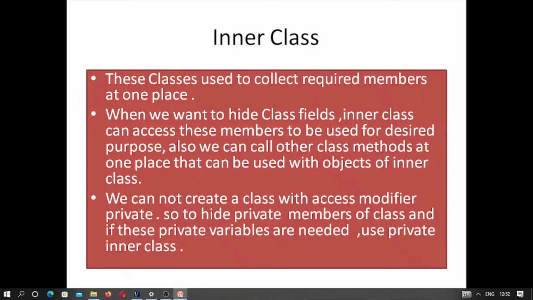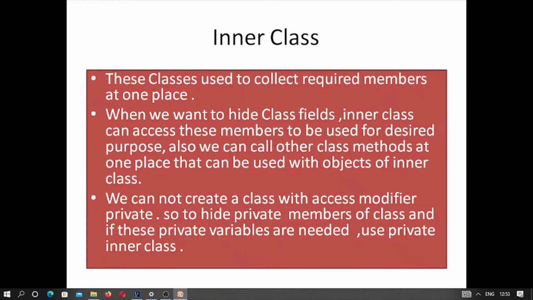Also we can call other class methods at one place that can be used with an object of an inner class. We cannot create a class with access modifier private, so to hide private members of a class, and if these private variables are needed, use a private inner class.